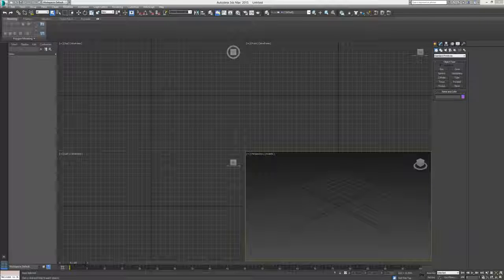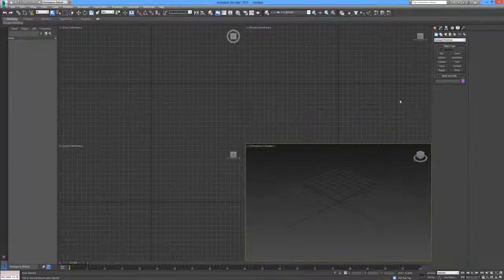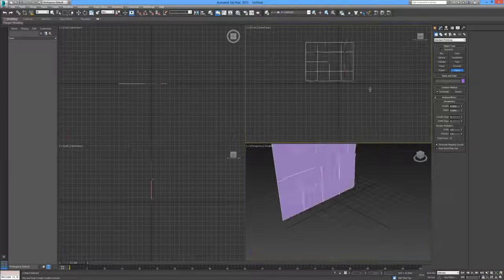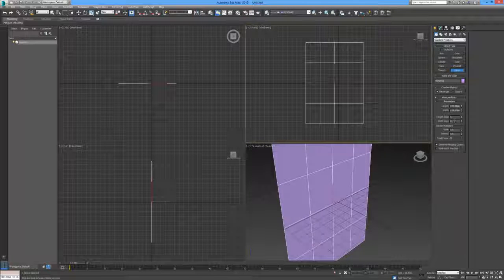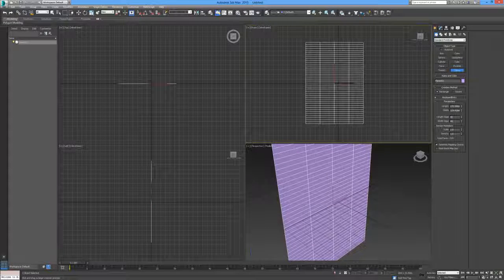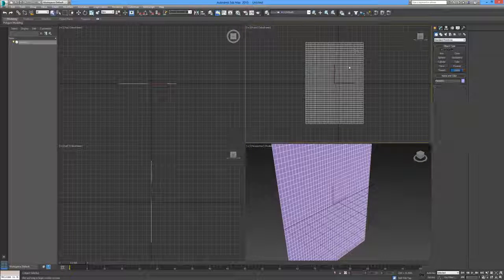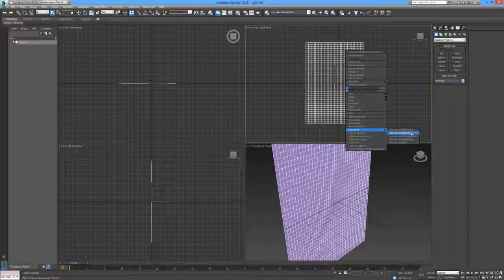So in our previous tutorial I showed you how to draw a curtain, and I'm going to show you a second way to draw a curtain using the cloth modifier. So I'm just going to reduce my ribbon for a second, and I'm going to draw in a plane in my front viewport, and I'm going to give it 40 segments by 40 so we have some geometry to work with. I am going to right click and convert it to an editable poly,